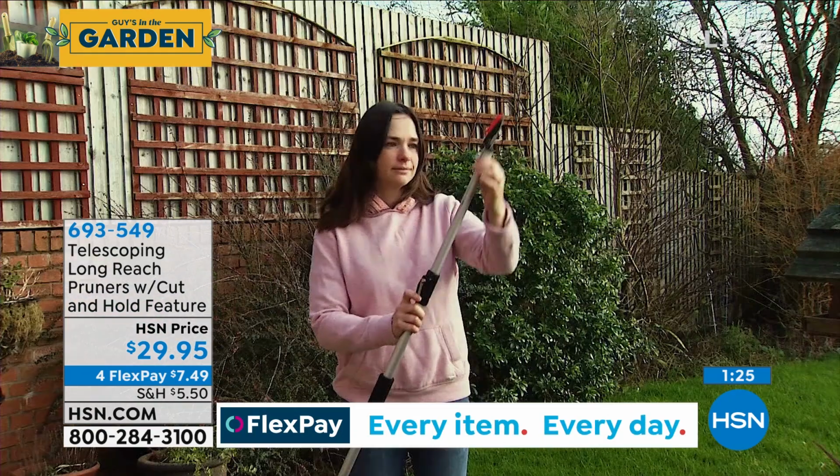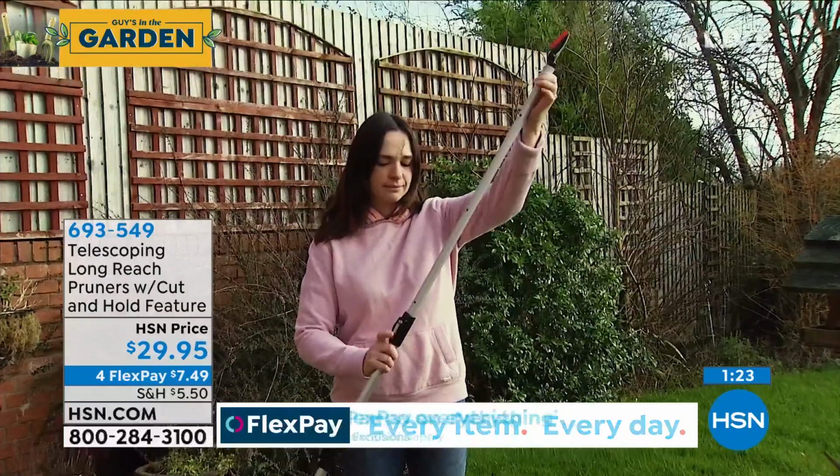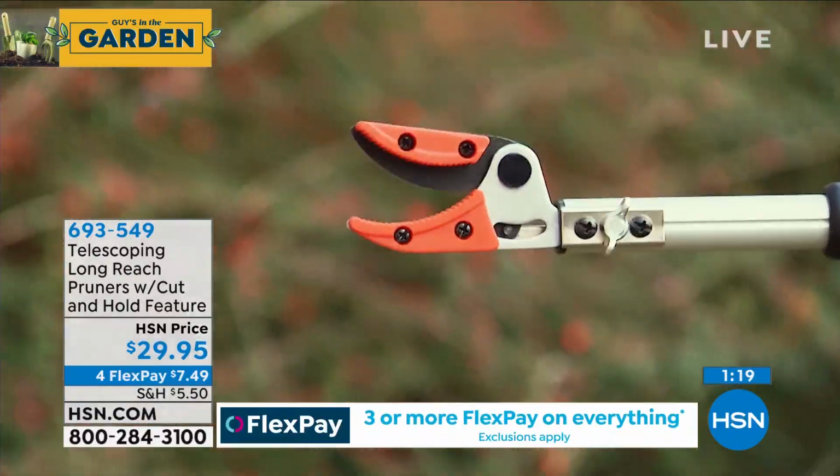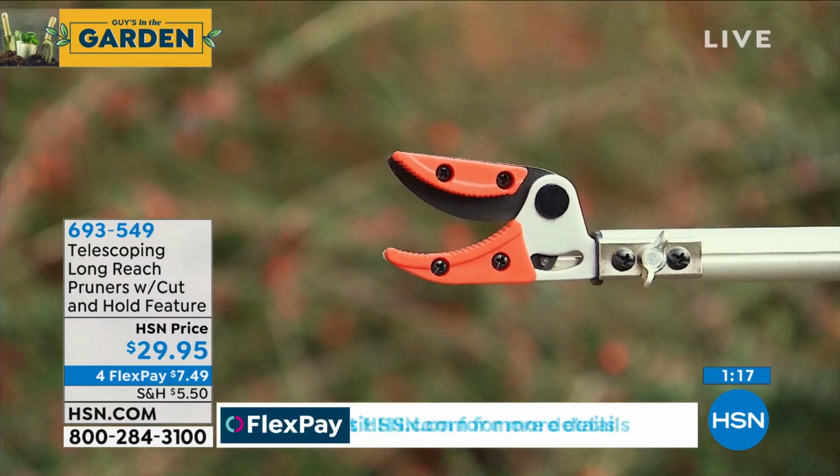It's real easy to use. By the way, you don't need much pressure to cut through those little branches. Very, very easy. Telescoping, so it'll reach whatever you need over your head. I always tell people,